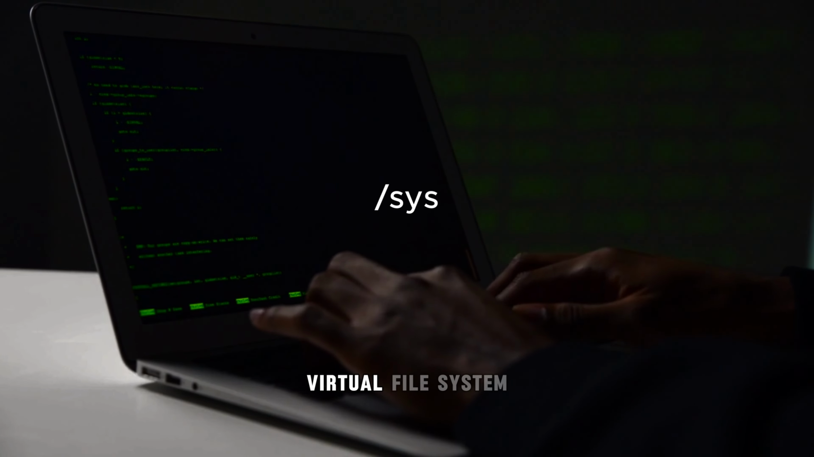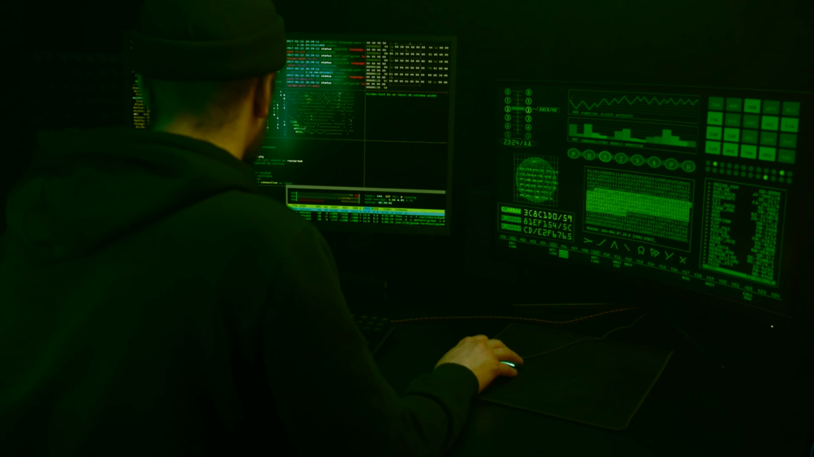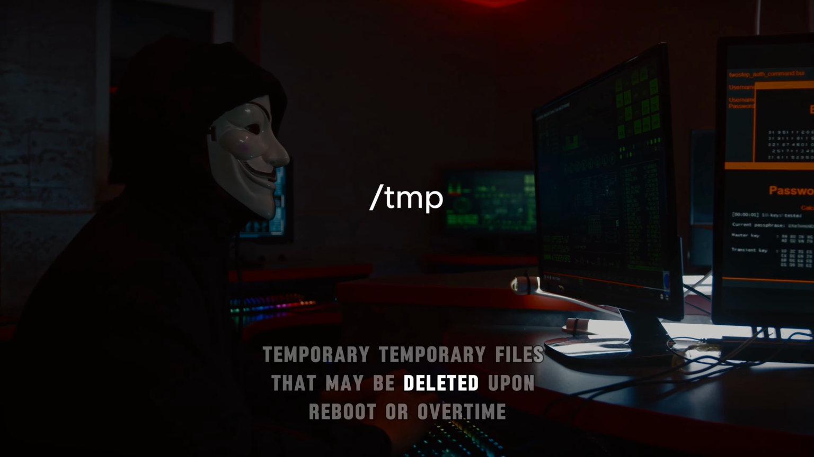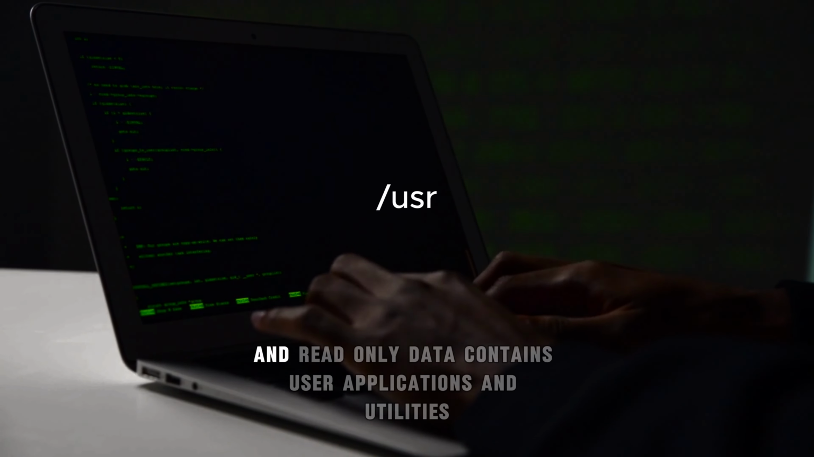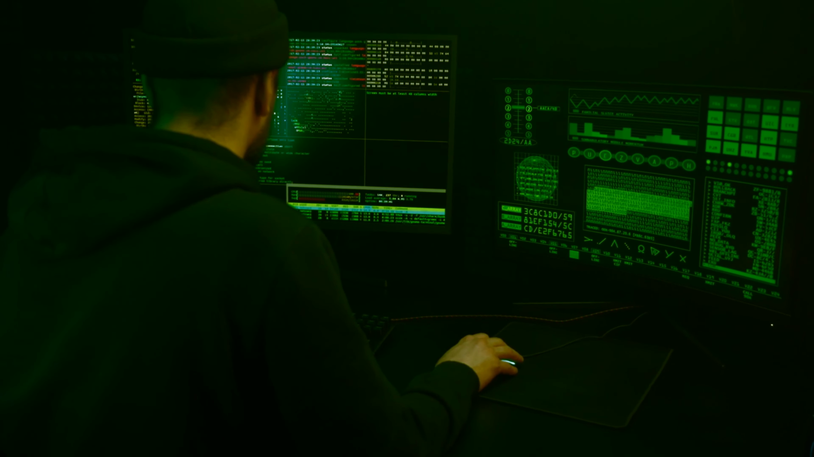/sys. Virtual file system containing information and configuration for the system's hardware. /tmp, temporary. Temporary files that may be deleted upon reboot or over time. /usr, user binaries and read-only data. Contains user applications and utilities. Subdirectories include